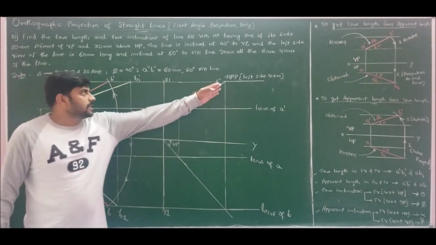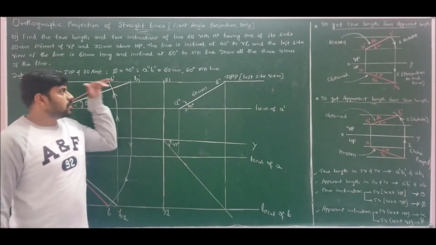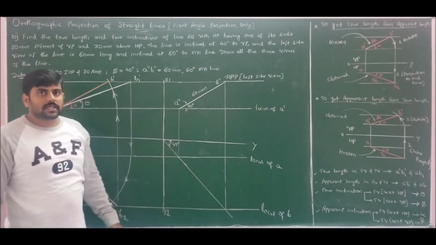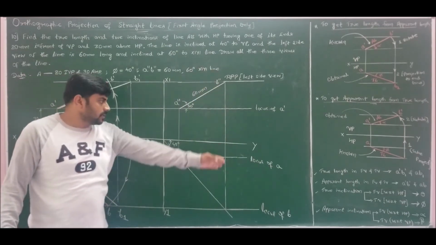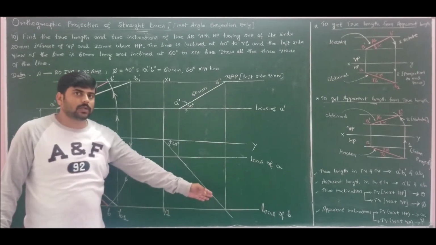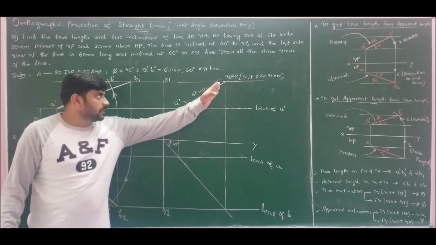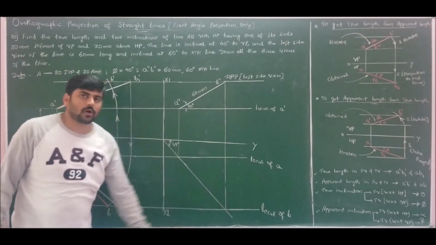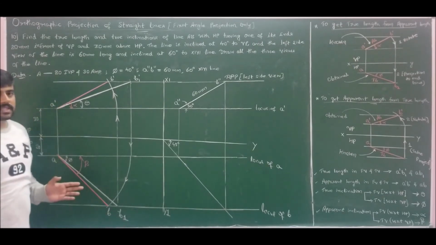Now once I know the end B double dash, I can fix locus of B dash. Now repeat the procedure to extract locus of B, that is, take a vertical projection from end B double dash to intersect the 45 degree line. The point of intersection of the vertical projection taken from B double dash with the 45 degree line will give us locus of B. Fix locus of B. Now the problem becomes straightforward.